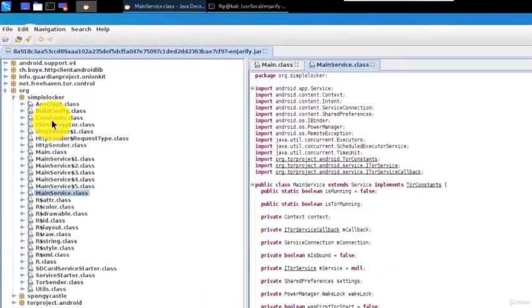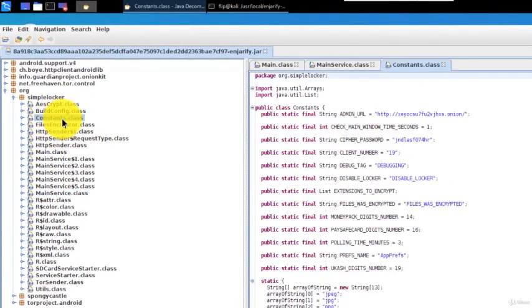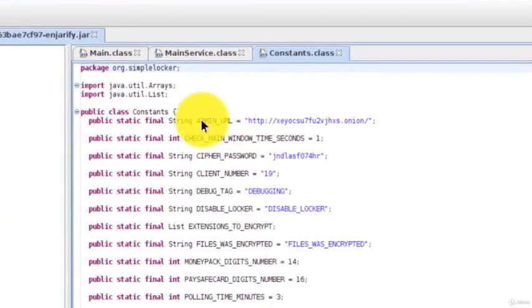Here's quite an interesting class actually. This class is called Constants. And as you can see in Constants, you have some interesting data listed very clearly. For example, here you have the admin URL, so it shows what is probably the command and control server. They left it statically defined and in clear. Here we are quite lucky, but this is not always the case. This is actual malware that was locking people's devices, so this kind of information is actually found in malware.